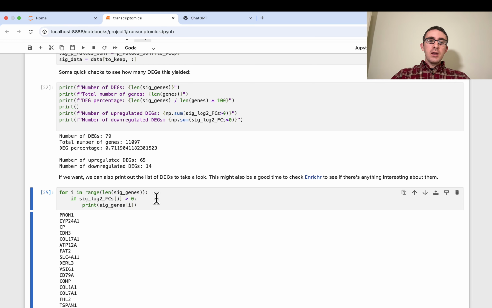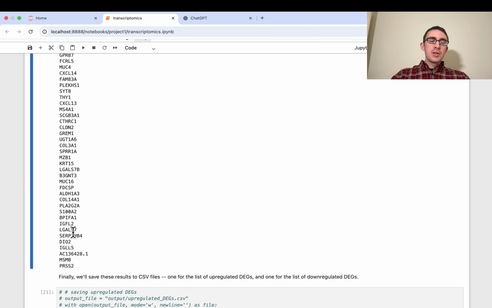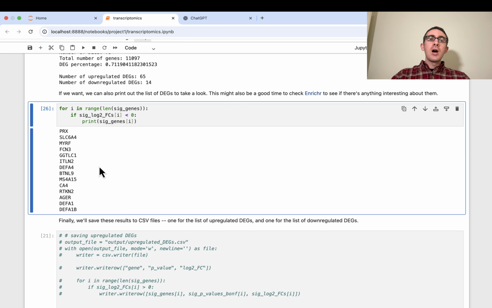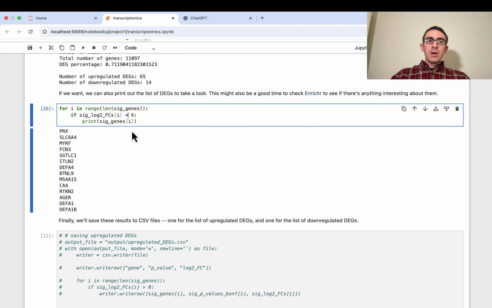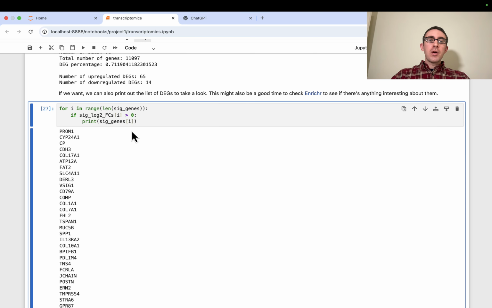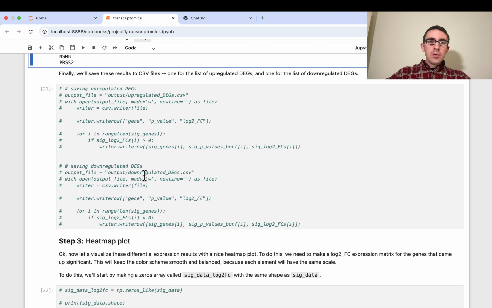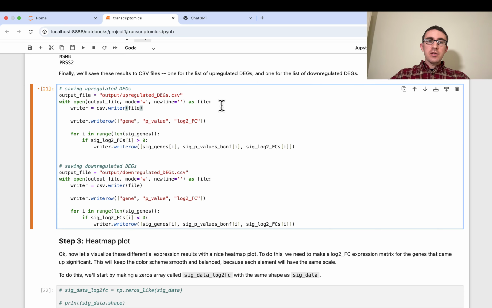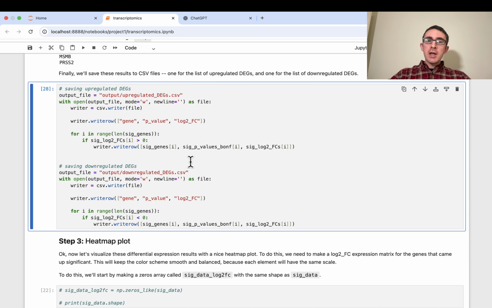So we can go ahead and print those out and take a look at this list if we want to. And if we want to see the down-regulated genes, we could just make this less than 0 and print out the 14 down-regulated genes. But I'll switch this back to the upregulated. Besides that, I have another block of code here that writes these lists of upregulated and downregulated genes to CSV output files, so that you can have them saved